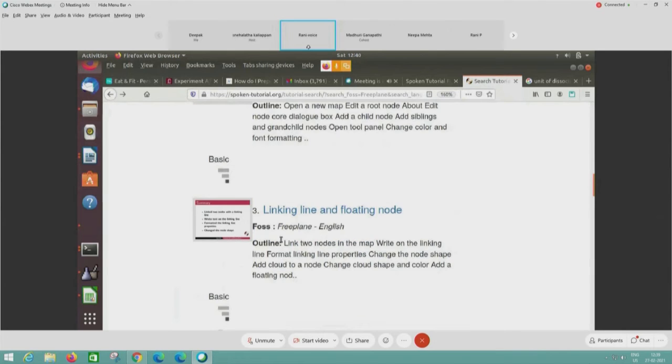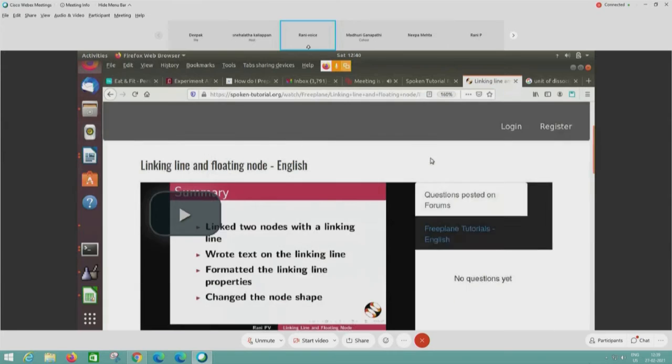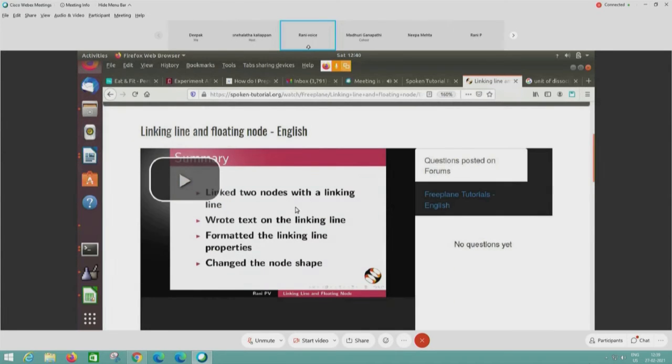In the third tutorial, we will teach them to link two nodes. That is, for example, if we have two nodes that connect with each other, we will teach them to link them and how to format the linking properties. We will shape them, color them, and so on.